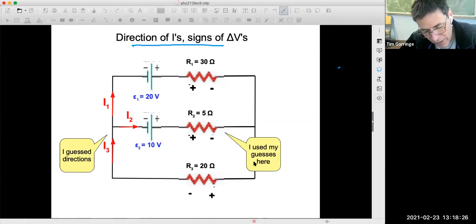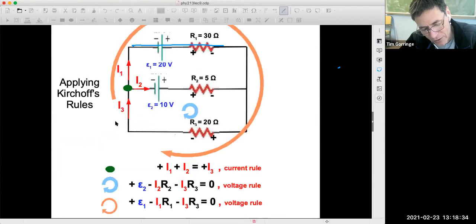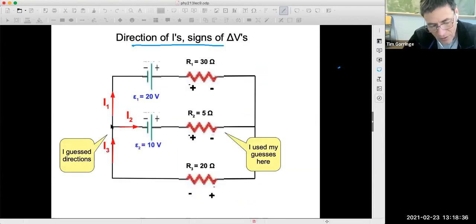And I3, because I can only have two currents come out of this node, I need some current to flow back into that node. I guessed I3 to be flowing into that node, i.e. the opposite direction, from right to left in the circuit. But it is just a guess. I can't remember whether I got these guesses right or wrong. We'll find out. But we're going to use these guesses on this slide,